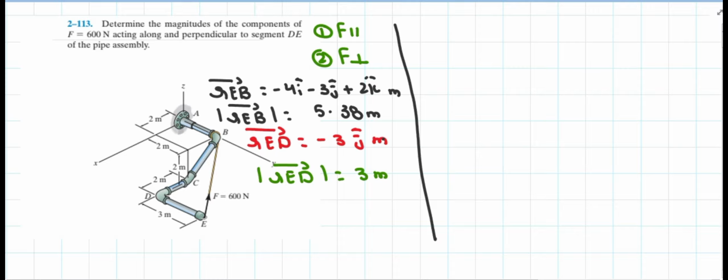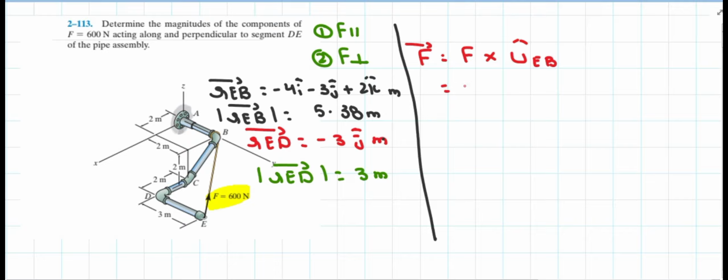Now, with the help of these position vectors, we can easily convert the magnitude form of force into the Cartesian form. Let's convert the 600 Newton force into the Cartesian form. We know that the vectorial form of force F is equal to the magnitude of force F times the unit vector along which the force is actually acting. This 600 Newton force is acting along the r_AB position vector, so it is nothing but the u_AB unit vector.